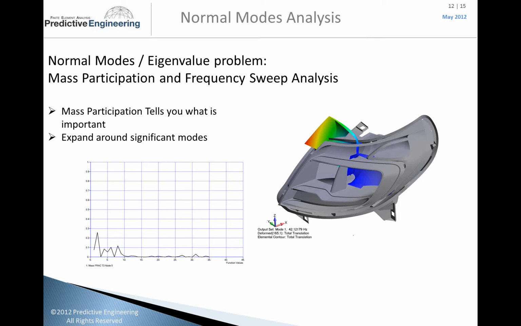But then when you tie that in with looking at mass, you can also say, well, we have this excitation function, this load, but it's at a frequency where the natural mode of the structure has very little mass associated with it. Therefore, this applied load will cause very little damage. So that's another concept.